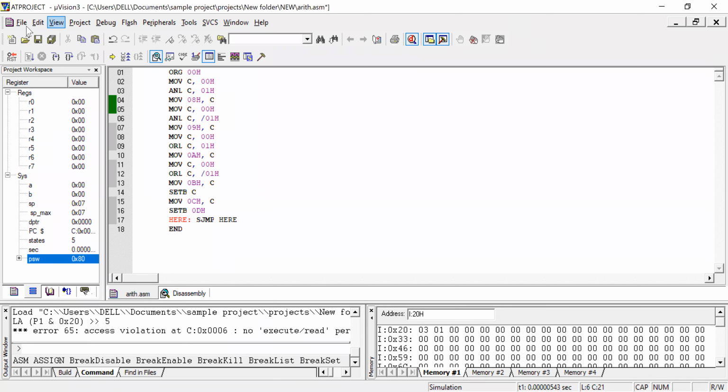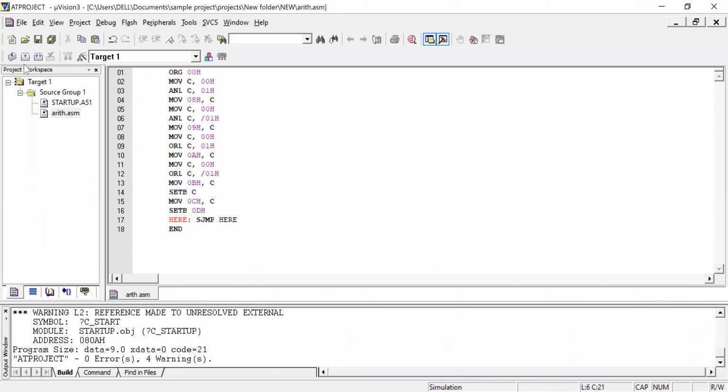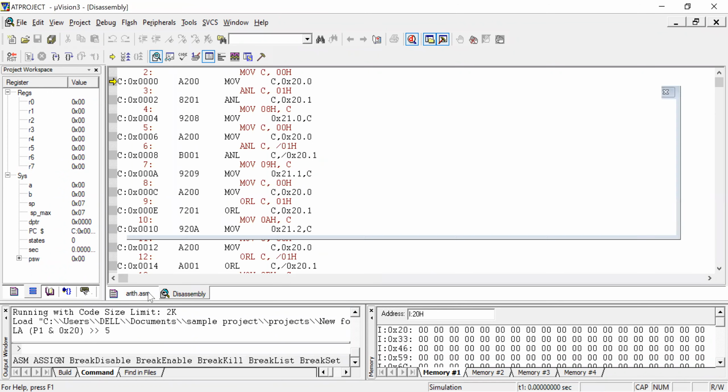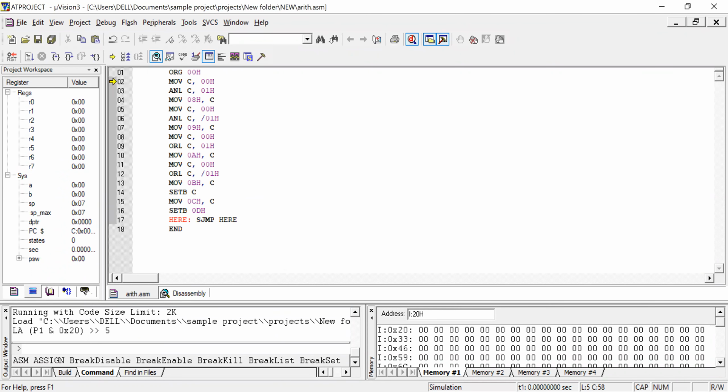00H. Now we will go to normal mode, build it, and go to simulation mode. As per my program, in 20H the input data is 03 that you should give.